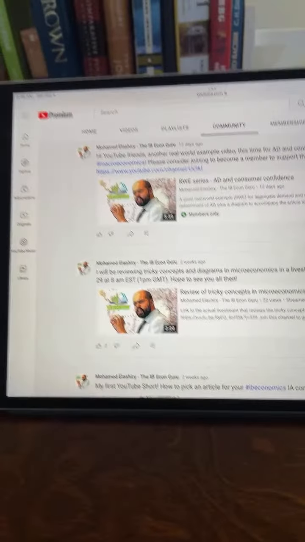Okay, so in terms of topics, if all you want is just ideas, so you know how to structure an IA, in terms of topics, the easiest one to research from the global economy or international economics unit is actually tariffs. If you just go on Google and you write tariffs and then you click the news tab, make sure you select the news tab, you will see that the word tariffs appears a lot in the news. But also you can look for export subsidies. Exchange rates are something that appears in the news a lot. So exchange rates is also something you can look at.